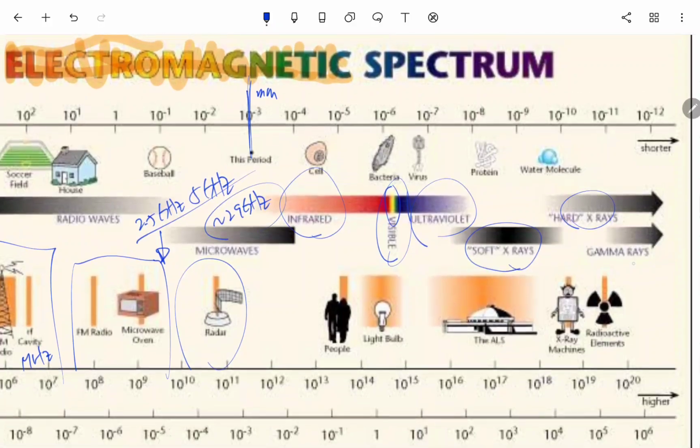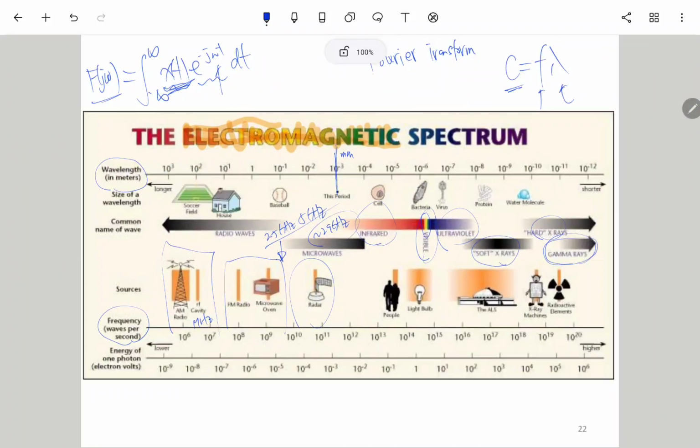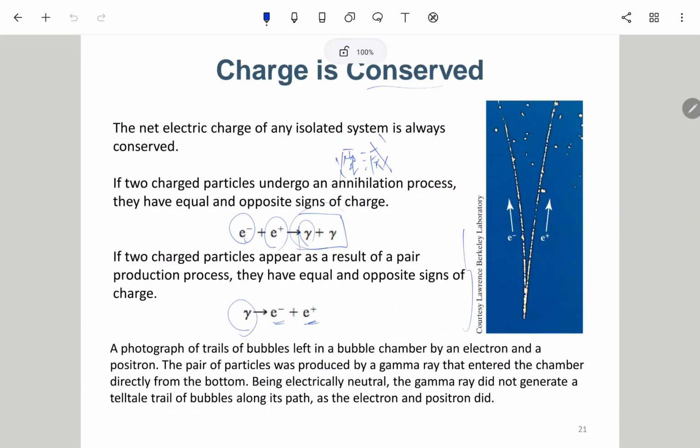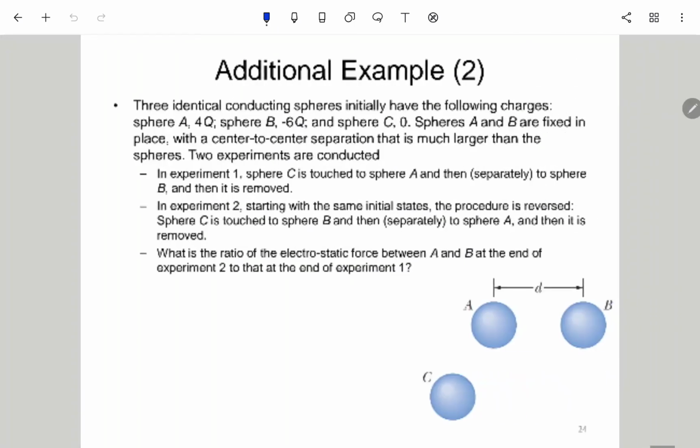And then even higher, we have something called the gamma ray. 就是一些宇宙的射线，就是一些高能的粒子。